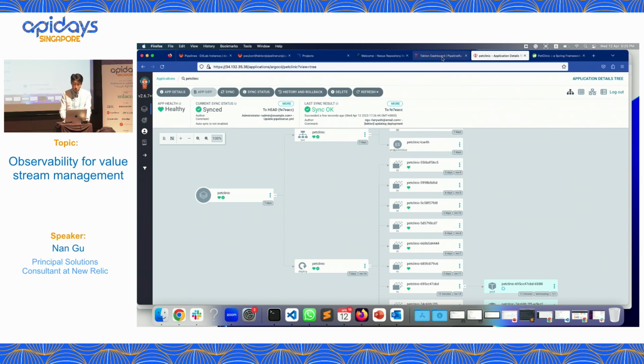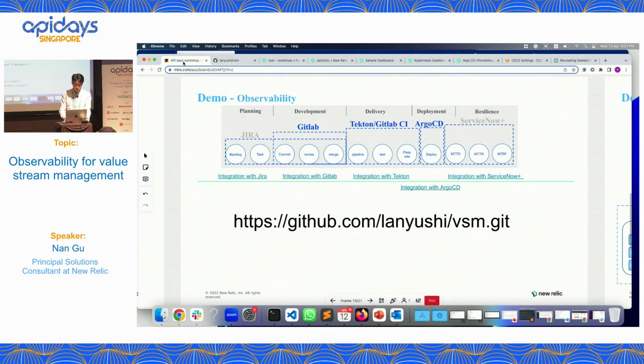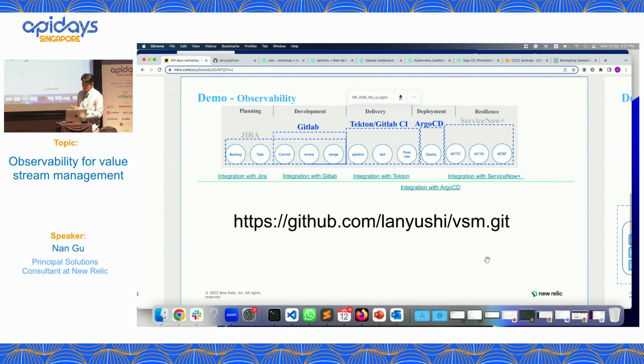So we can continue to wait for this. This is done. This has been passed. This is almost done. Then we can come back and here again. So here are the details, if you want to build your own pipelines, either using Argo, you can also use Tecton, you can also use GitLab CIs.